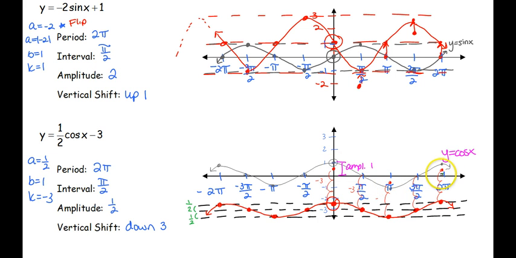So I'm multiplying each of my points by 1/2, but then I have to take into consideration that down motion of 3. So I'm at 1/2, and then I go down to a -1/2, down to a -1 1/2, down a third time to a -2 1/2. So I take care of the amplitude first. I multiply by whatever the amplitude is, and then I do my shift of down 3, down 3, down 3,